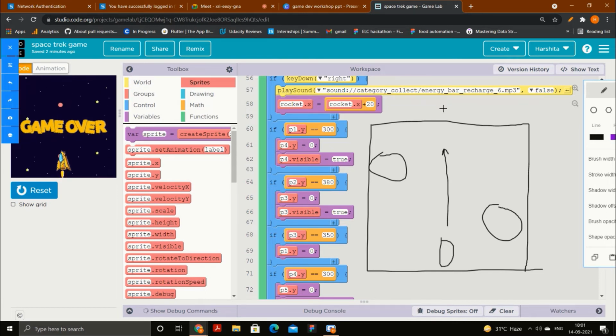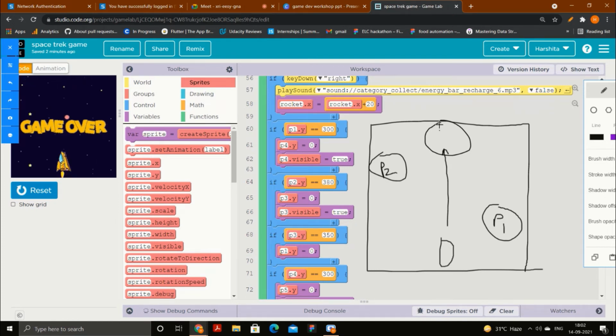Now I will tell you. Let's say this is my P1. It is visible, we already know. This is my P2. It is visible. But we know that from the beginning of the game, P3, P4 and P5 are not visible. We set visible as false, right? So basically, try to understand this: setting visible to false doesn't send the animations outside the screen. The animations are there on the screen. It's just that they are not visible. That means the planet is there, it's just that it's not visible.